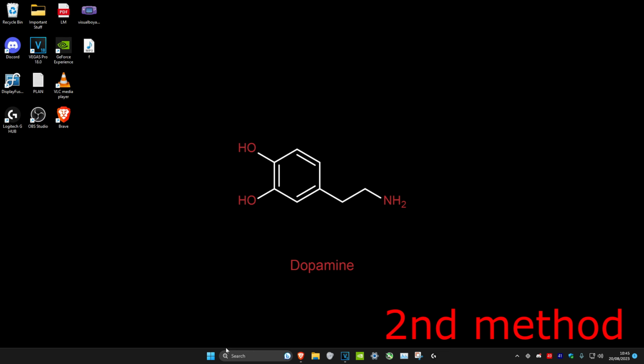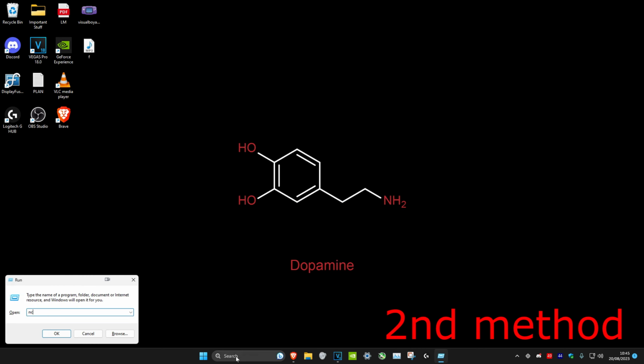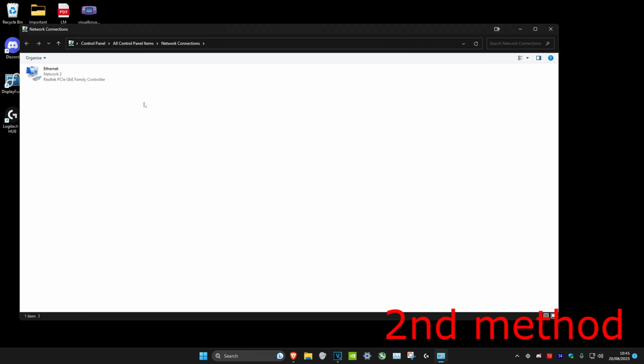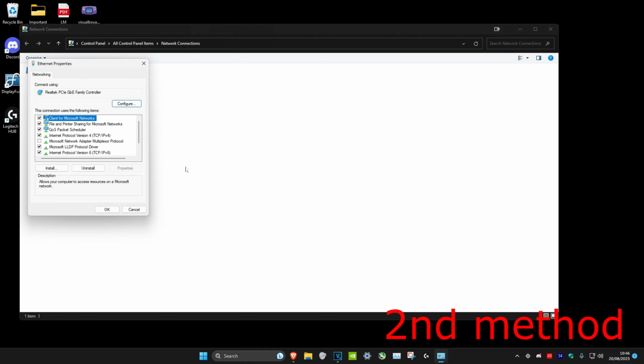For the second method, we're going to head over to search and type in run. Then we're going to type in ncpa.cpl, click on enter. Once you're on it, it will either say Wi-Fi for you or Ethernet for you. No matter which one it says, we're going to right click on it, head over to properties, and then you